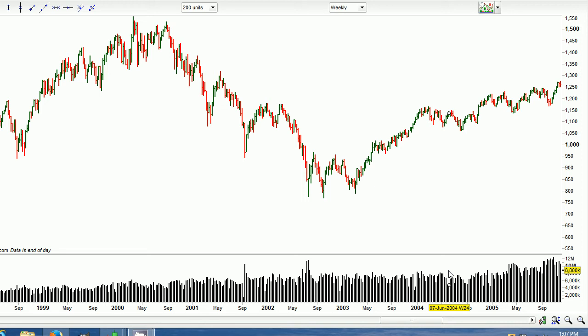And today I'm going to spend about 5 minutes or so explaining a very important concept, which is support and resistance. Okay, so let's get over to the chart here and we'll have a look and see how support and resistance